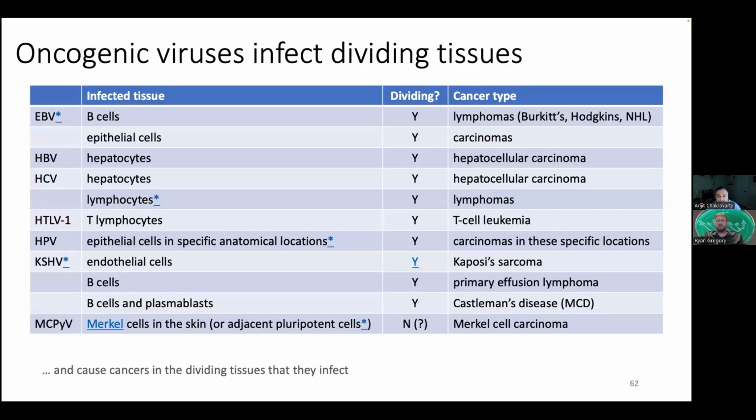Now, not only are oncogenic viruses persistent, but they're persistent in exactly the wrong tissues. And what are those tissues? The tissues that are dividing rapidly. So pretty much every single oncogenic virus, it so turns out, and this is a table I made,